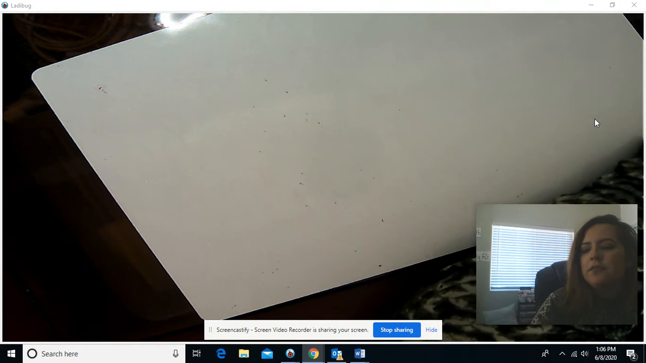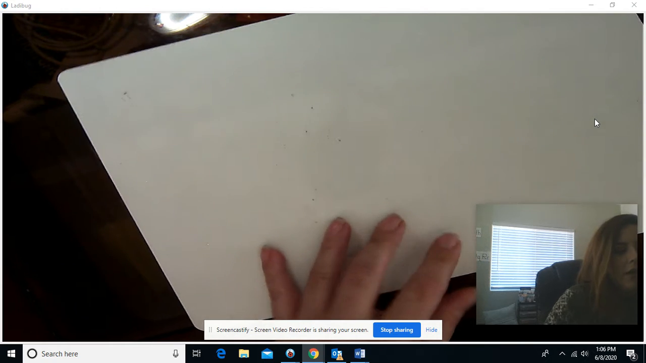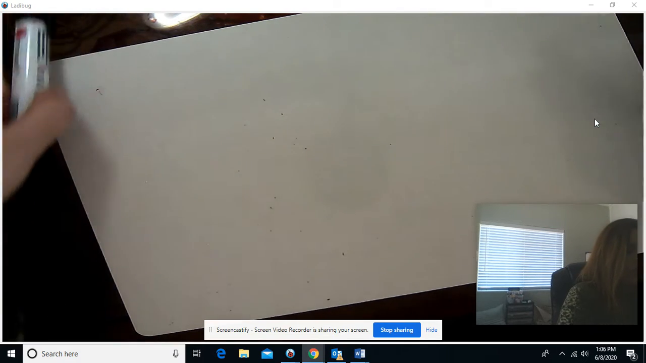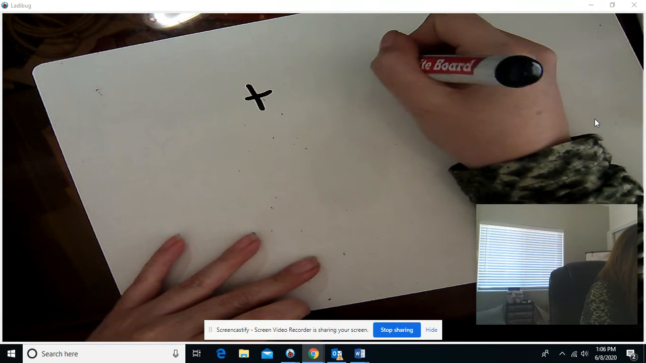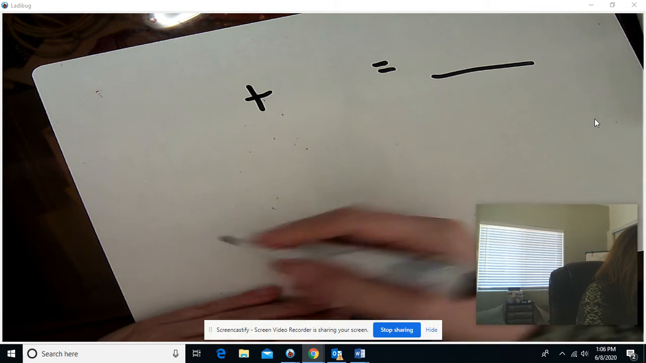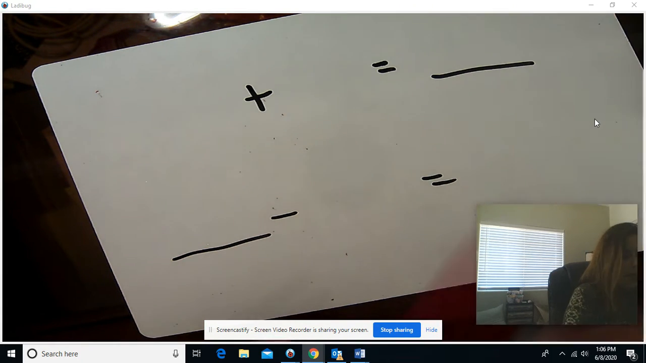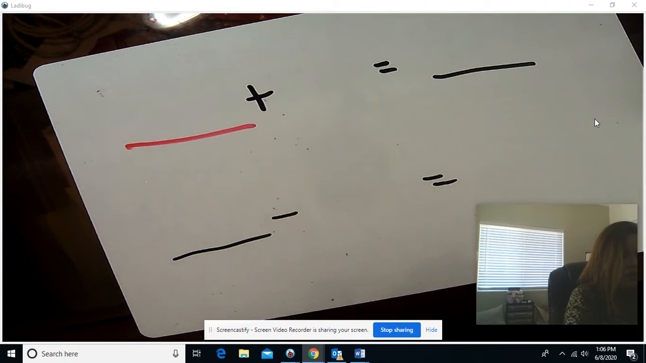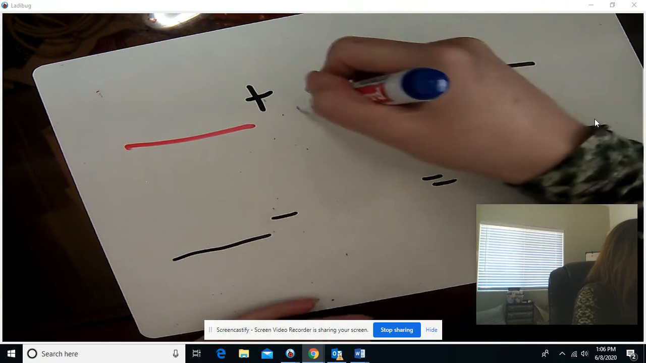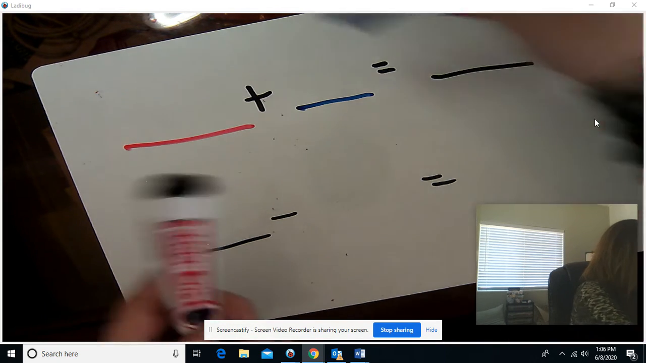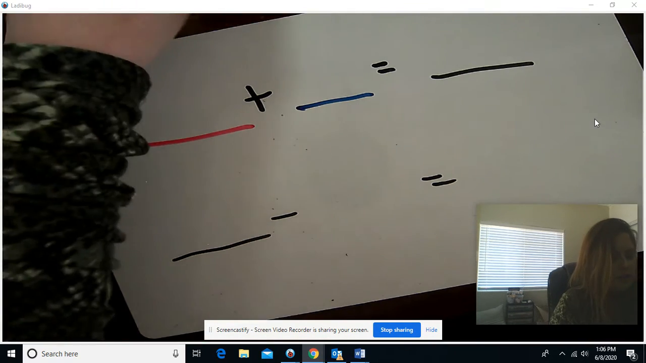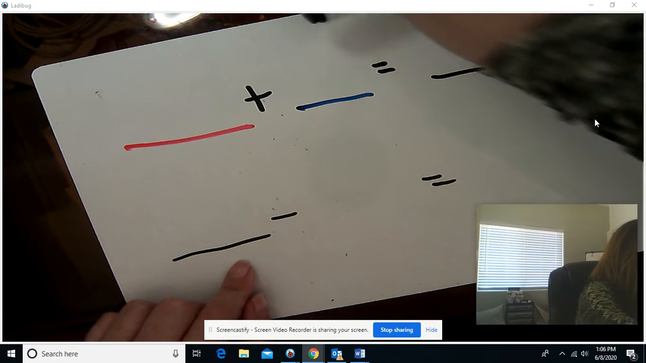Okay, so today we're going to be talking about related facts, related addition and subtraction. Remember a while ago when we did fact families, we learned that with addition, we have baby bear plus baby bear equals mama bear. And in subtraction, it's mama bear minus baby bear